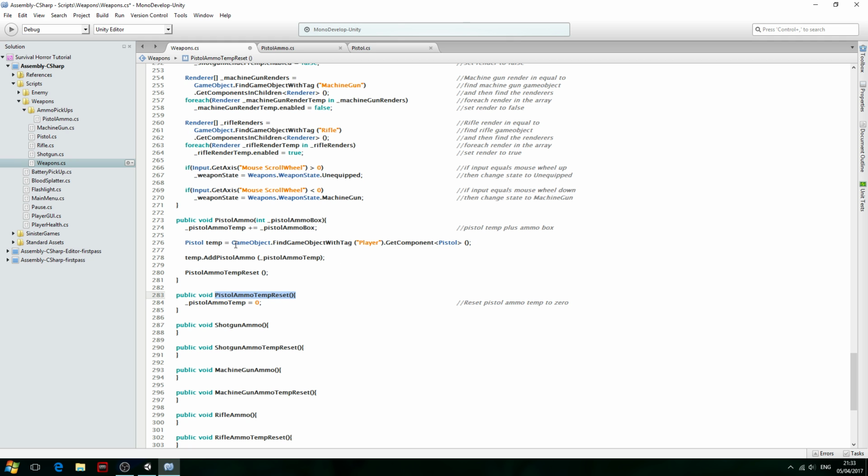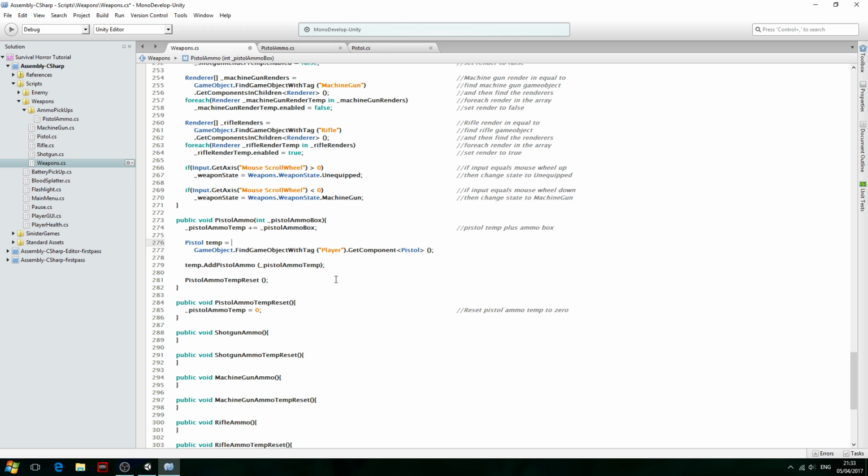So let's get this all into the comments. So I'll enter here, just break that line up. So we'll say temp is equal to the Pistol script, and we'll come here. In fact, let's just break up the comment here first. So we'll say temp is equal. We'll paste that into the Pistol script. And we'll say then add,